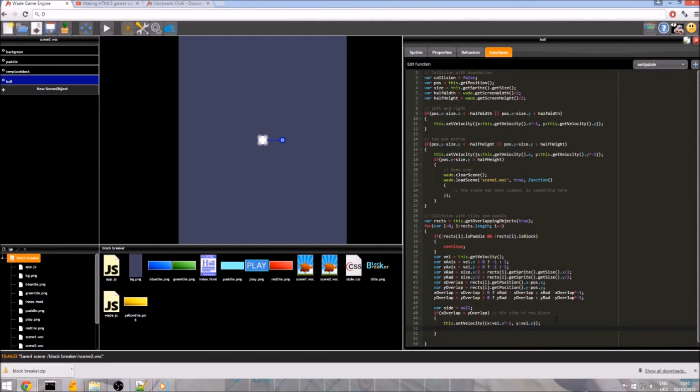So we can move our object by the overlap so that the two are no longer colliding. To do that, we do this dot set position, not velocity here. And we just do position dot x plus x axis times x overlap.